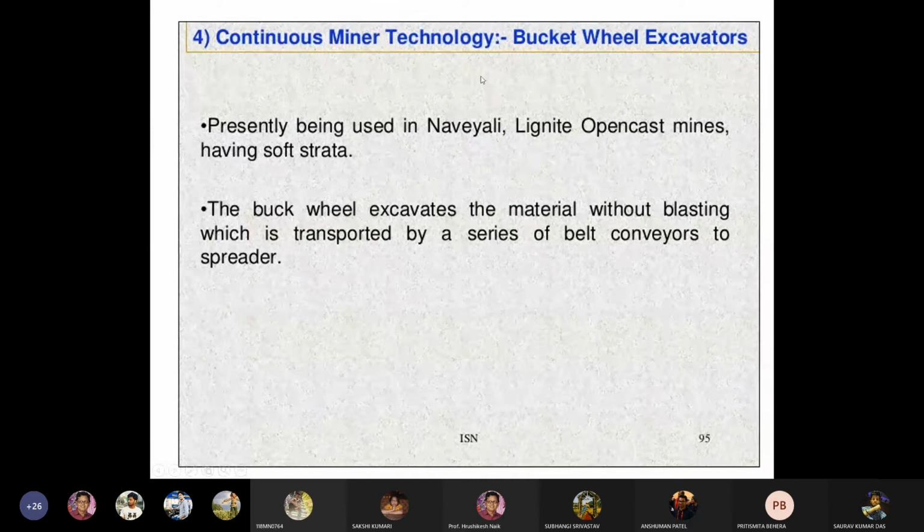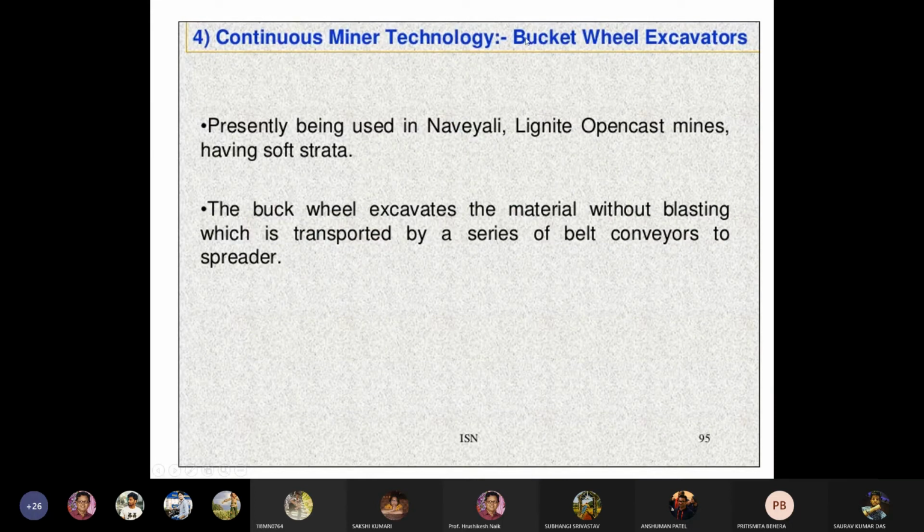Then, continuous miner technology, another is bucket wheel excavators. We have seen another technology which is called a bucket wheel excavator, presently being used in Neyveli Lignite Corporation for lignite mining. In open cast mines having soft strata, you can use the bucket wheel excavators.